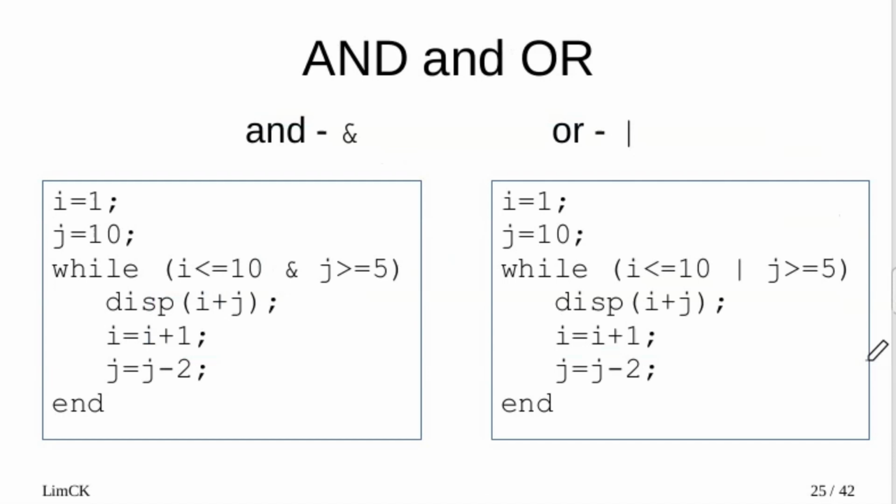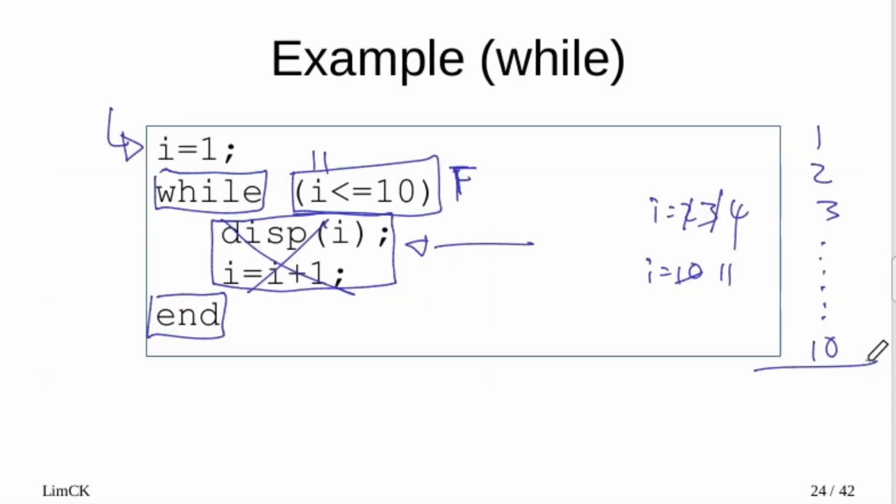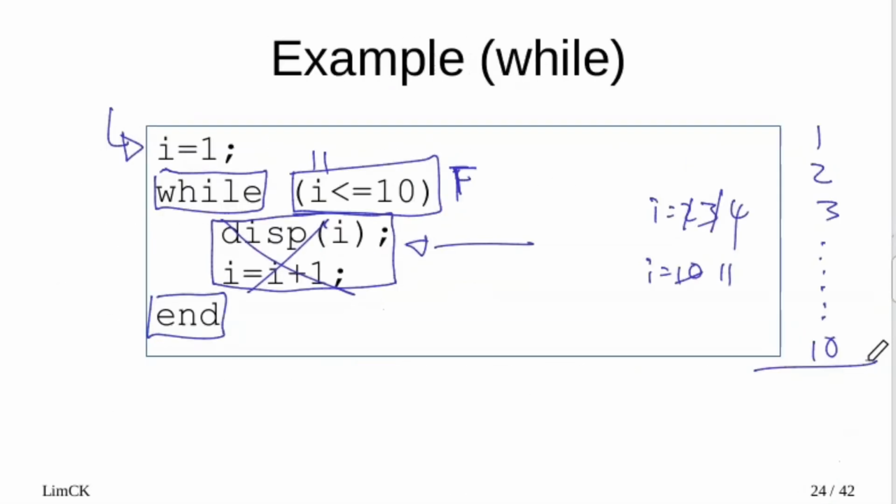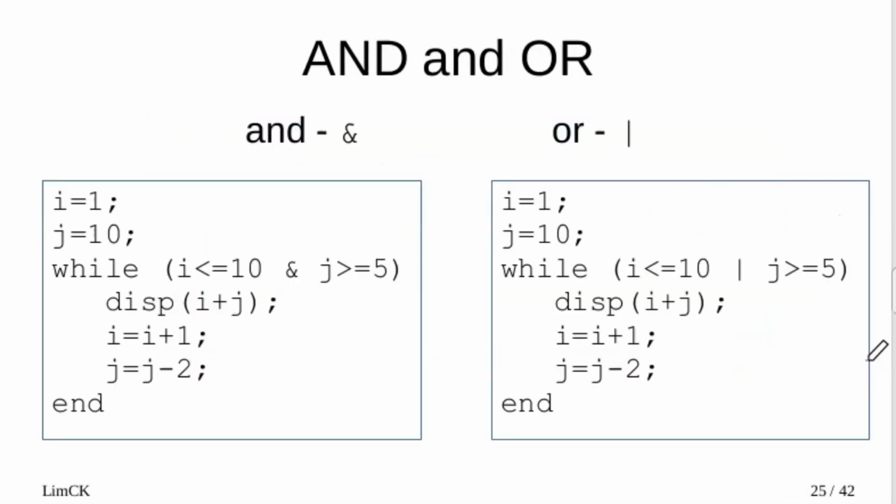Okay, similarly, you can have a nested while loop as well. Okay, like the if. Okay, you can put a while loop in this while loop, or you can put a for loop in the other for loop as well. Okay, so this is what you have learned in other programming classes, right? So one more thing is